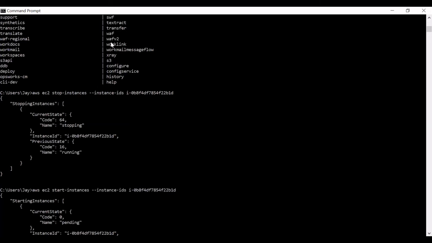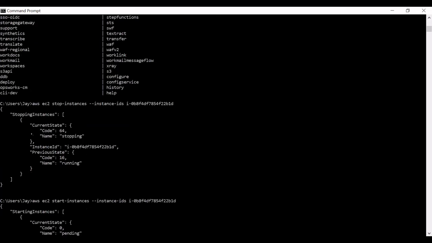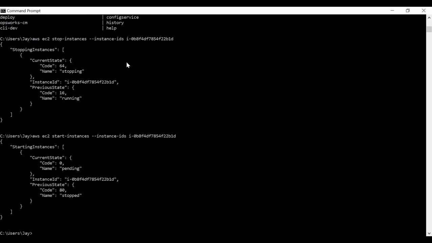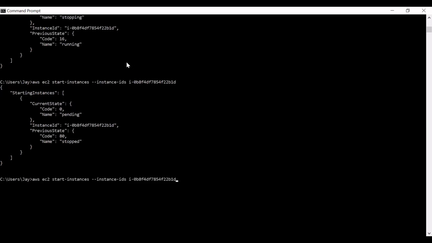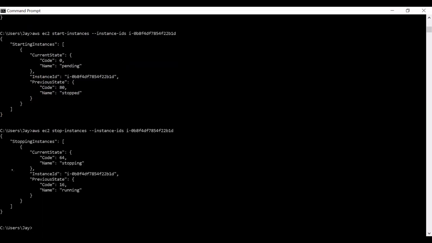So after contemplating, the final command will be this: aws ec2 stop-instances --instance-ids. And what is this ID? This is the ID that I copied from the console, right? So if you want to stop the instance, I am writing aws ec2 stop-instances with the ID that I copied. After running it, it will show you the following output: stopping instance, current state stopping, previous state running,